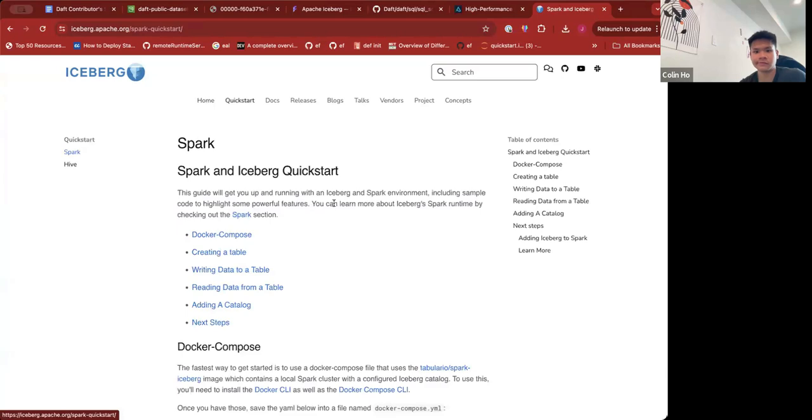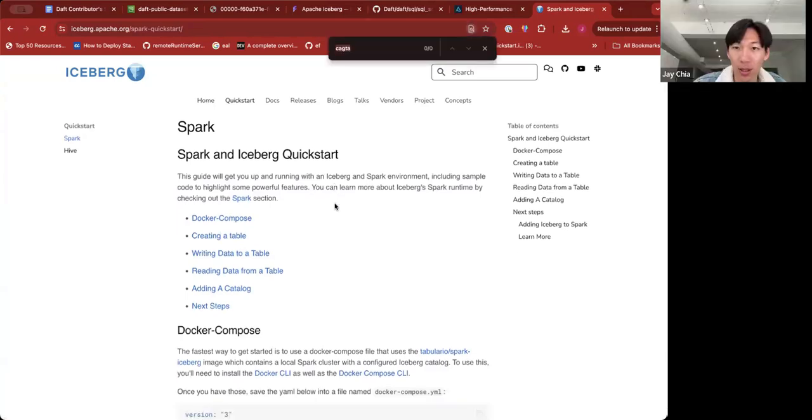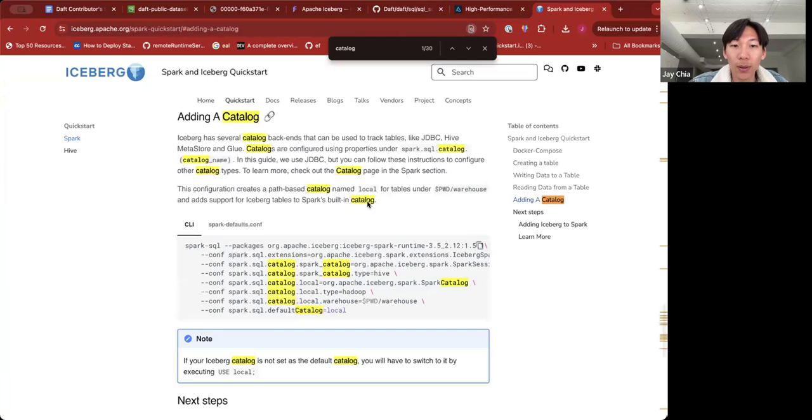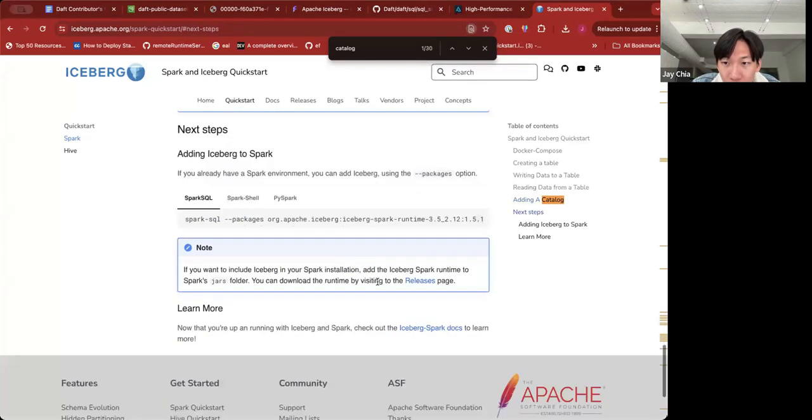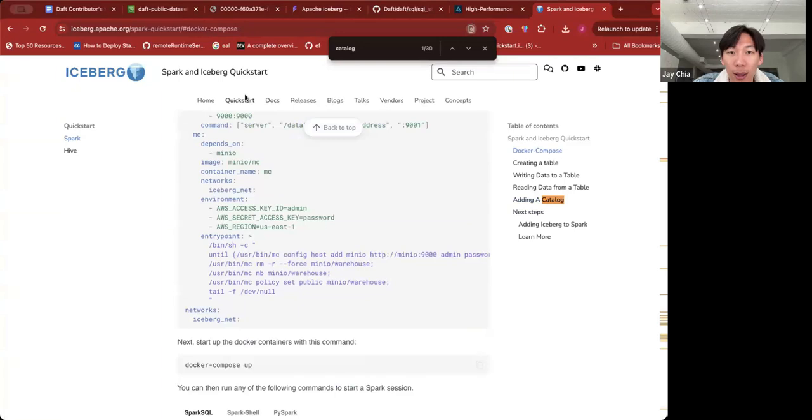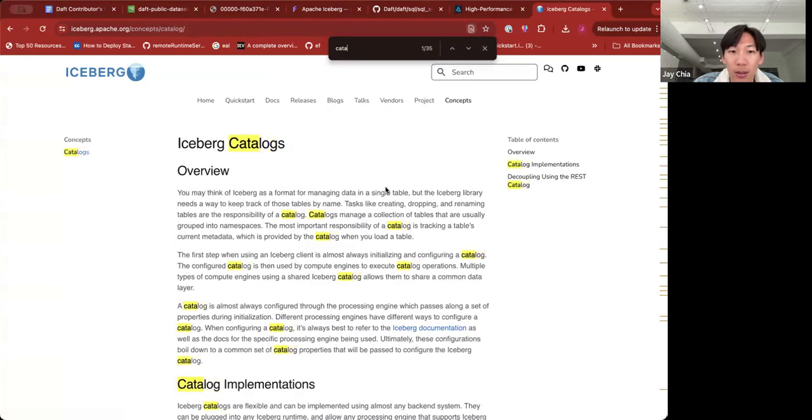So for example, let's see if they have it in the quick start. Catalog. Yeah, so in this example, this is the Spark catalog. Let's see if they have concepts catalog